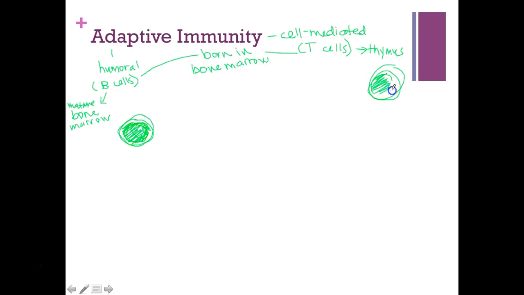Why is this important? Because I'm going to draw out what the receptors on these cells look like. Our B cell has something called a BCR, a B cell receptor, and it basically looks like an antibody attached to it. Remember, antibodies are Y-shaped, whereas our T cell just has what a regular receptor looks like. It just has this funky shape to it. And each of these receptors is for a specific